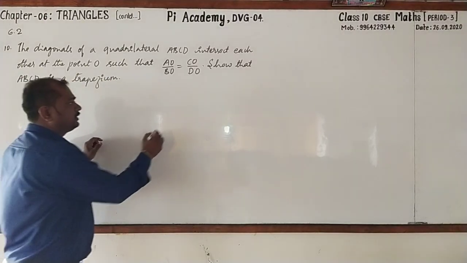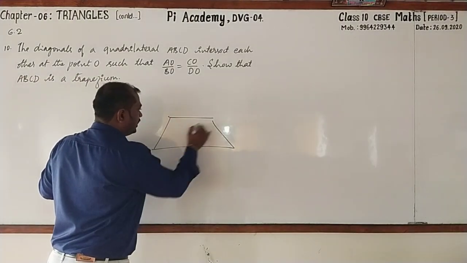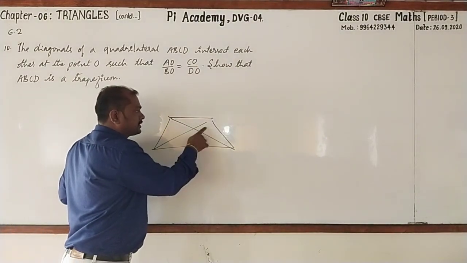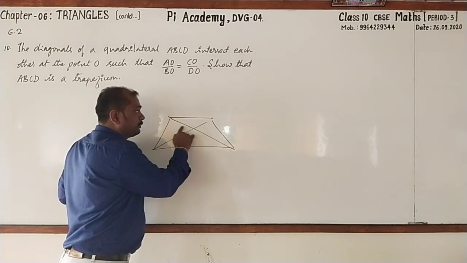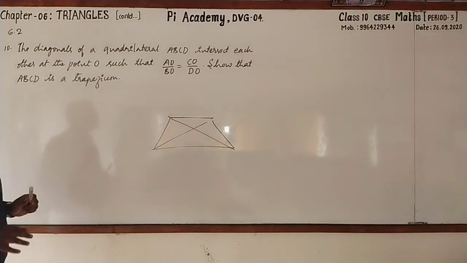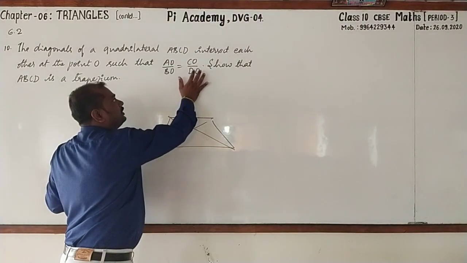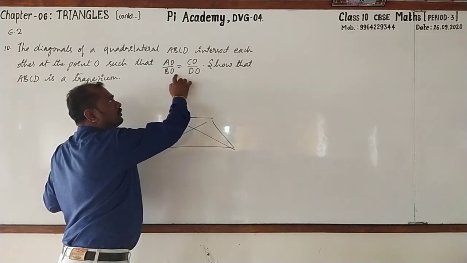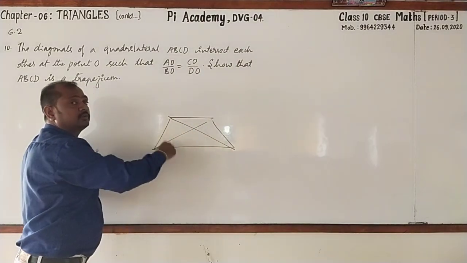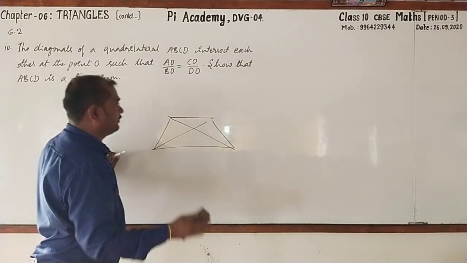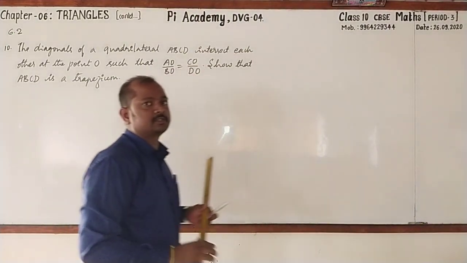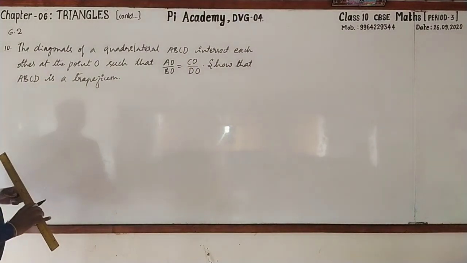What was the previous statement? In that trapezium, we had drawn the diagonals. So, the diagonals of a trapezium intersect each other proportionately, right? Then we had written AO by BO equal to CO by DO. Now, they have given that the diagonals of a quadrilateral intersect each other proportionally. Then we have to prove that quadrilateral as a trapezium. Very simple one. Pausing the video, you may go for copying the statement. Then after that, you can start writing with me.